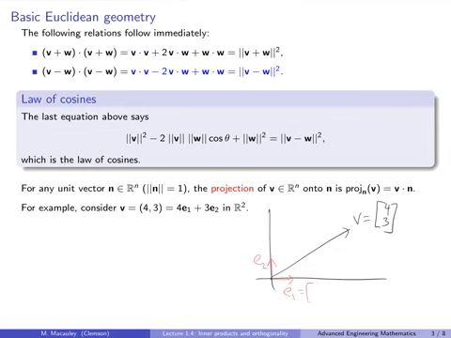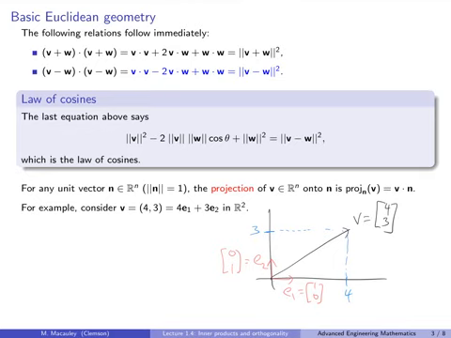So e1, of course, is 1, 0, and e2 is 0, 1. Now it should be clear geometrically that if you project v onto e1, you get 4. So that's the length of v in the e1 direction. That's how you should think of a projection. And if you project v onto e2, you get 3. So that's the length of v